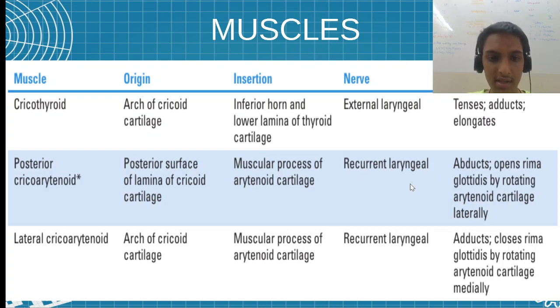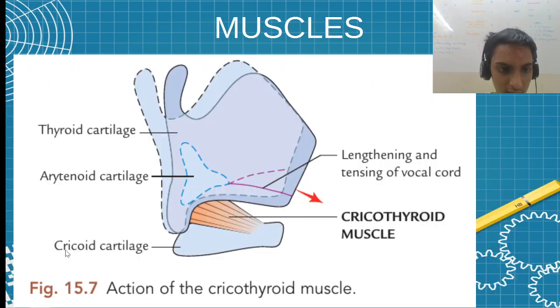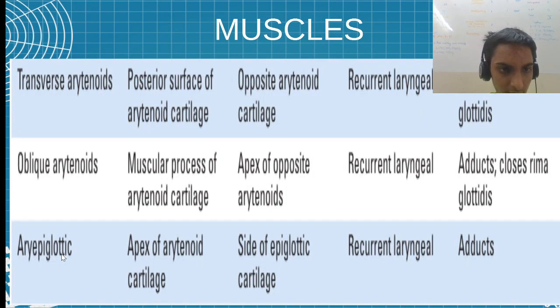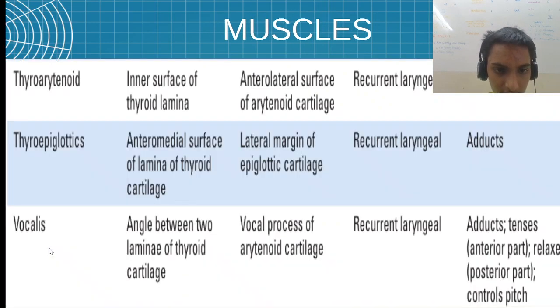So you are seeing the internal muscles. We will first see the names. Cricothyroid, then posterior cricoarytenoid, then lateral cricoarytenoid. So remember cricothyroid, posterior and lateral cricoarytenoids. Then transverse and oblique arytenoids, ary-epiglotticus and thyroepiglotticus, thyroarytenoid and vocalis. So it is very easy. I'll give you a simple way to remember. Please divide these muscles into groups. If we study in groups, it is very easy.